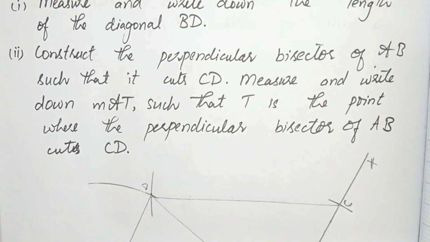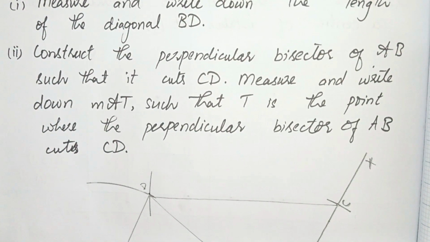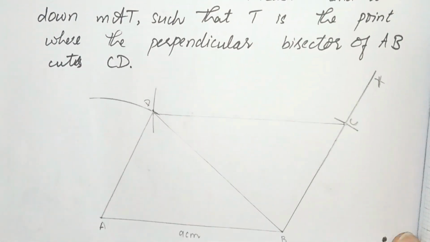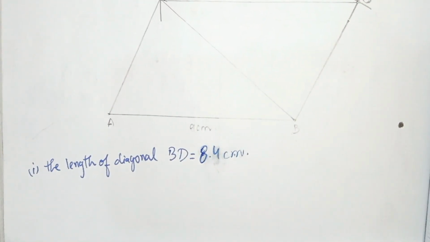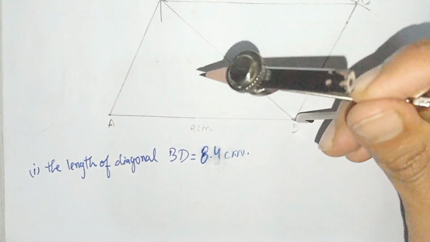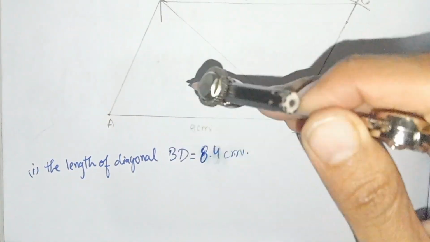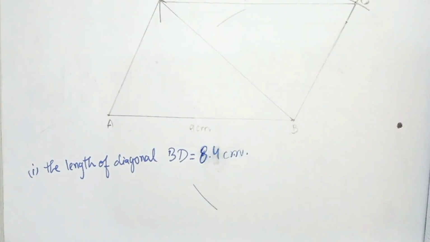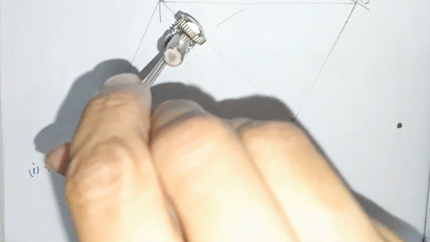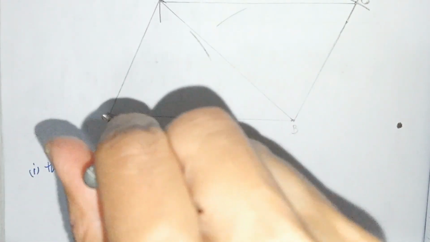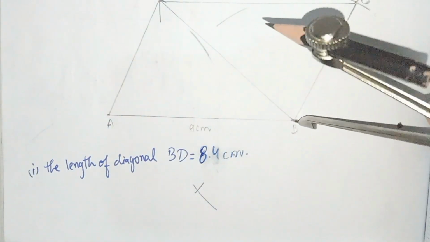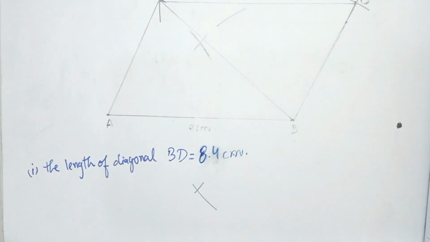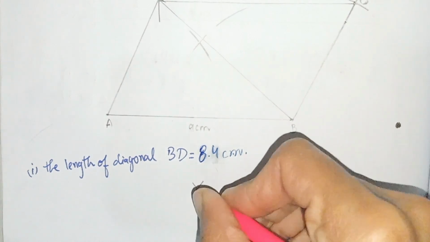Construct the perpendicular bisector of AB such that it cuts CD. Measure and write down AT such that T is a point where the perpendicular bisector of AB cuts CD. Now we have to draw the perpendicular bisector of AB. For drawing the perpendicular bisector, open the compass more than half and then mark above and below. Then place it at point A, then mark up and below the arc. Where it cuts, this is a perpendicular bisector